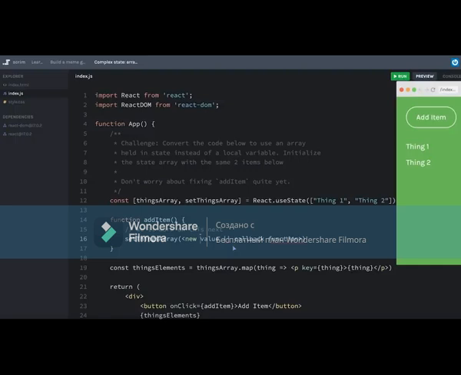Well, if I just provided a new value, then I wouldn't really be able to add anything to my existing array. I would be simply replacing my existing array. Because what I want to do is add an item to the array, that means that I do depend on what the old version of state or the old array is in order to determine my new array. So I need to provide a callback function here. I'll do this